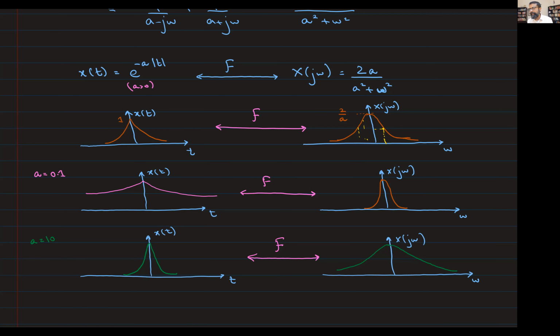the contribution is sort of uniform for a lot of frequencies, and the low frequencies contribute almost as much as the high frequencies, because the decay is much slower. As opposed to A equals 0.1, where the decay is very sharp in the frequency. Okay, and this means the contribution of the high frequency components is much more significant compared to the low frequencies. Which makes sense because the time domain signal is much smoother, it has very little jaggedness. So low frequencies correspond to the smoother signals, high frequencies correspond to sharp transitions. Okay, so everything makes intuitive sense.